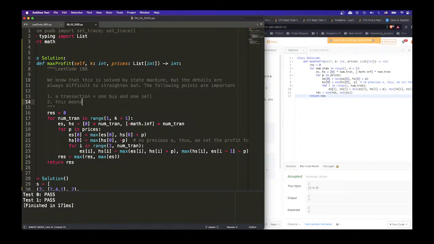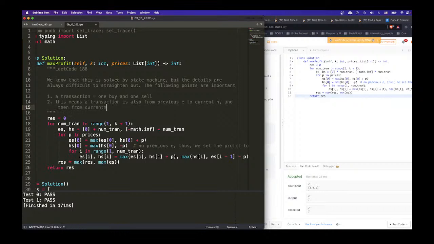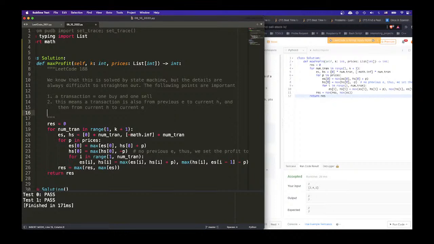This means a transaction is also from previous E to current H, and then from current H to current E, right? Therefore, the relationship for E and H is always